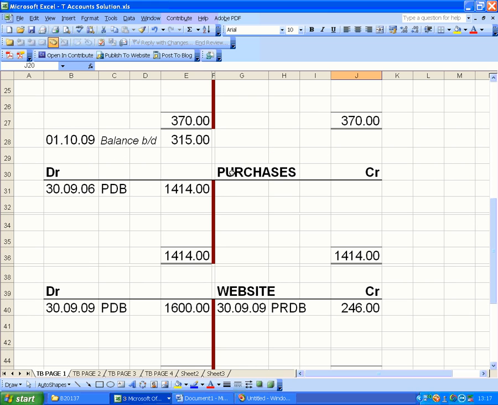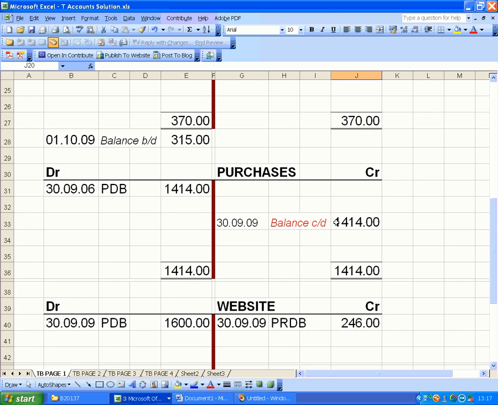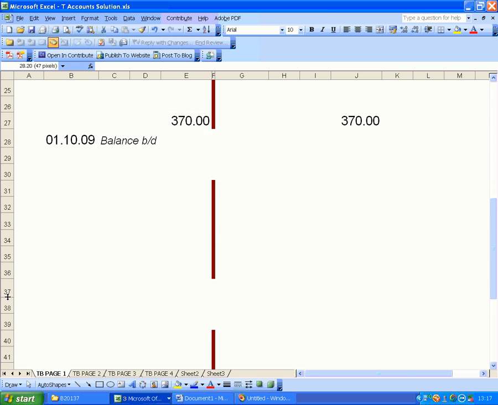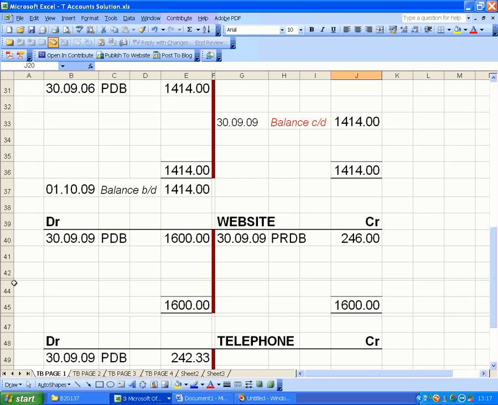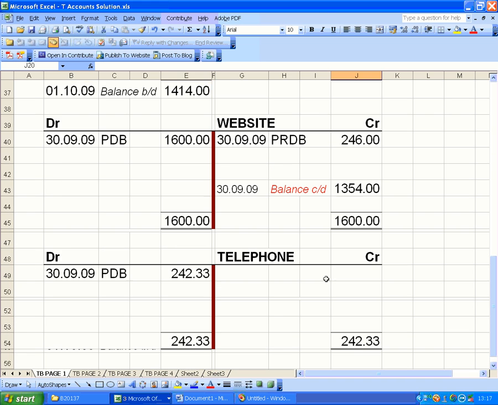Similarly with the purchases account, there was a posting from the purchases daybook. Determine which side, and this side is obviously the credit side. So on the credit side we'll have a balance carried down 1414. We will see that that figure is now brought down to the start of the next period. Again, we will see this with the website